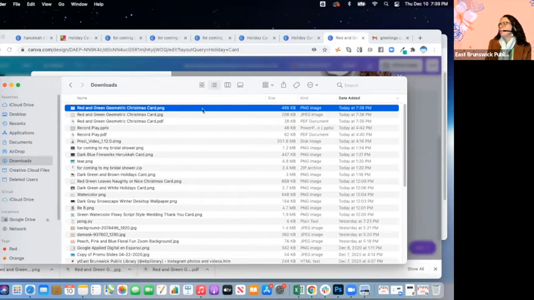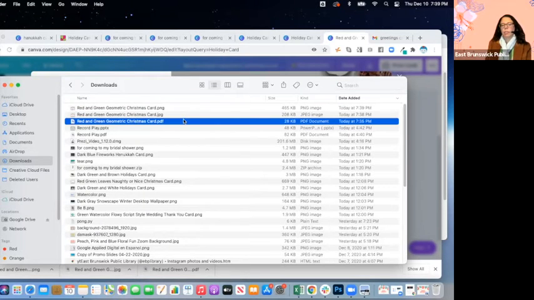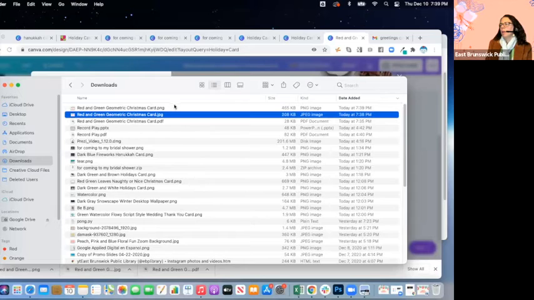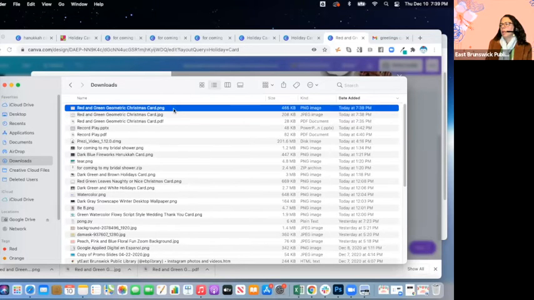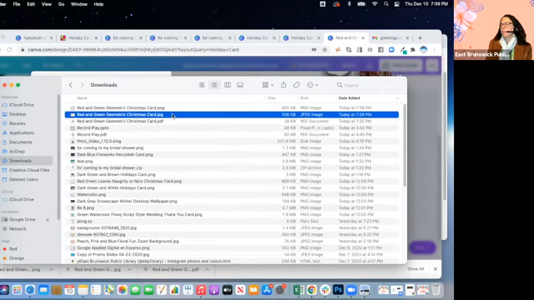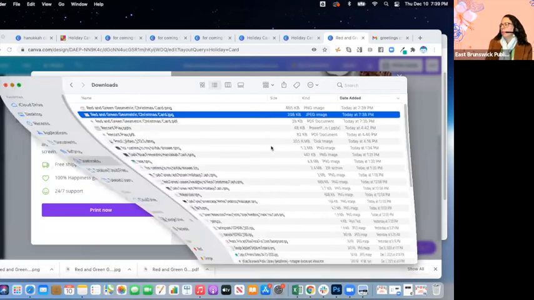So actually it's much bigger. So that's an image. So if you are worried about the size, that's a good point. You might want to do a PDF. And then if you are not worried about the size, you might want to do this. You can also, and that's the other thing,